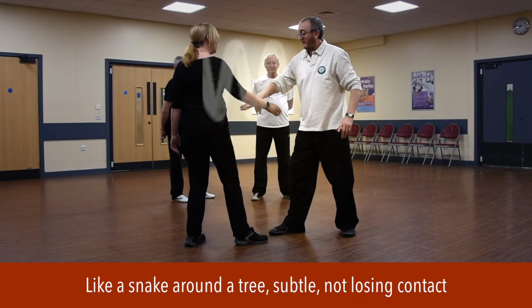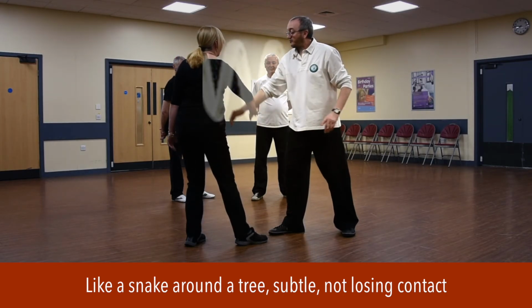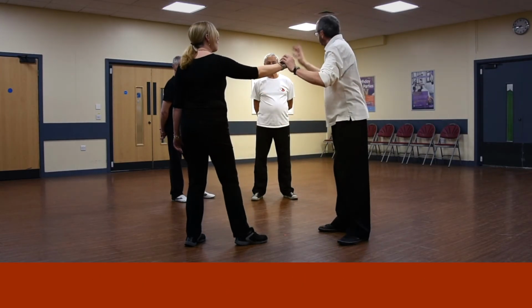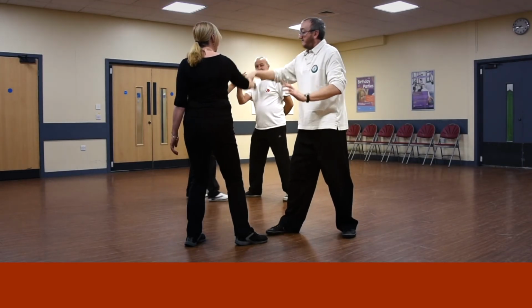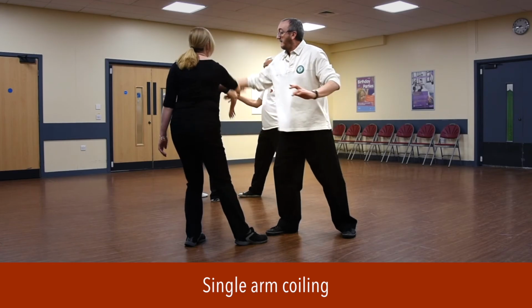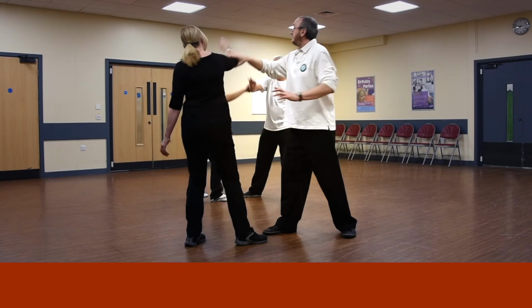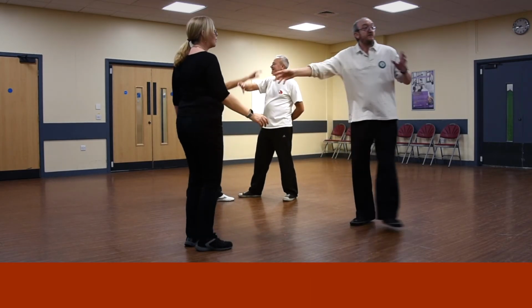And it's like a snake round a tree. This is what we're after, look. There to get the elbow. And Karen, now once she knows what she's after, she's got the pull on. So perhaps if we practice that one. If you start from here, you go down to the elbow, and the other person, you try to find the person's elbow, and once you've found that, you'll soon start to feel that you can get it on. If you have a go, so